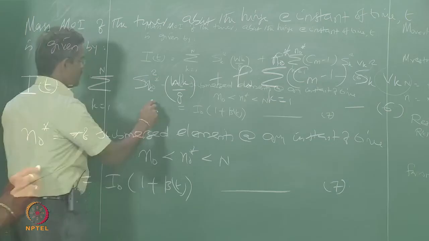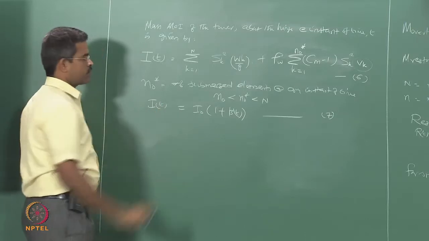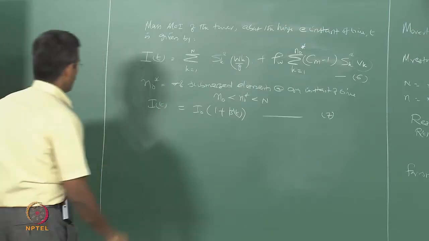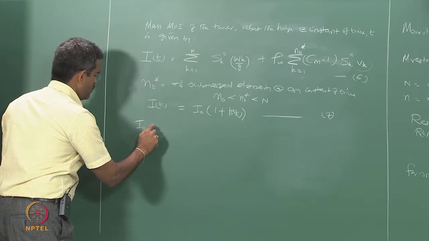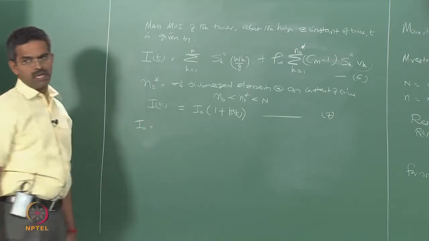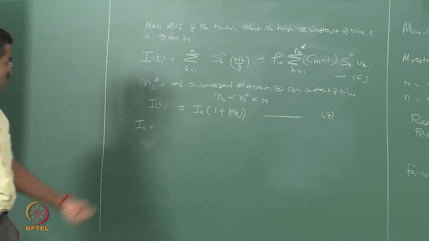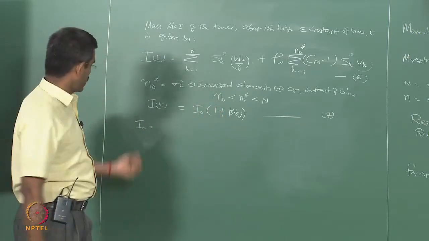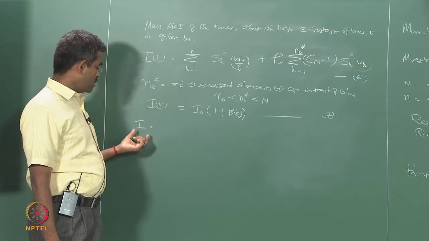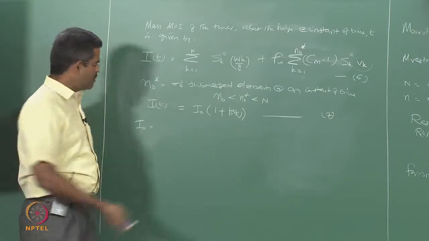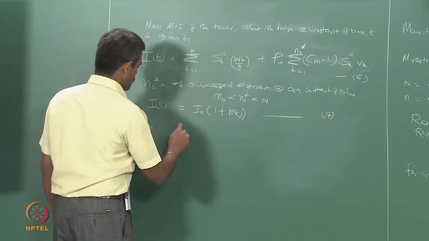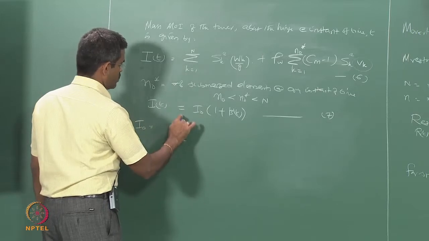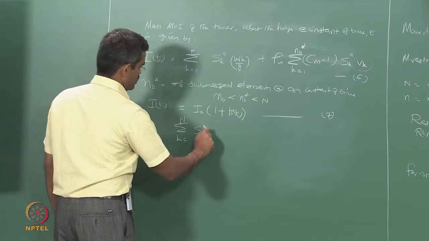So I should say IT at any instant of time should be equal to I naught, the moment of inertia of the system at the undisplaced position, because beta of t will take care of the displaced portion of additional mass moment of inertia. So I naught should give you the mass moment of inertia at the undisplaced position, which can be again given by the same equation with a small variation: k equals 1 to n Sk square